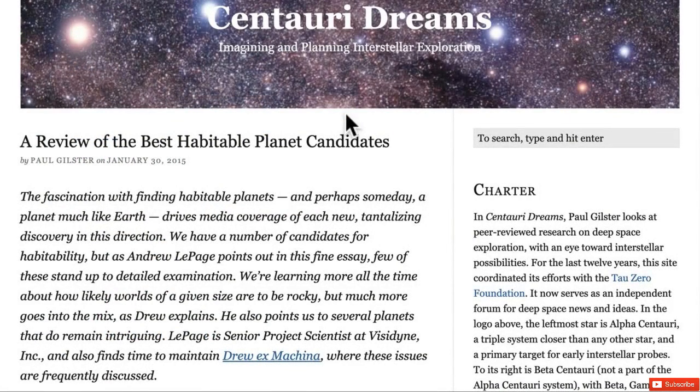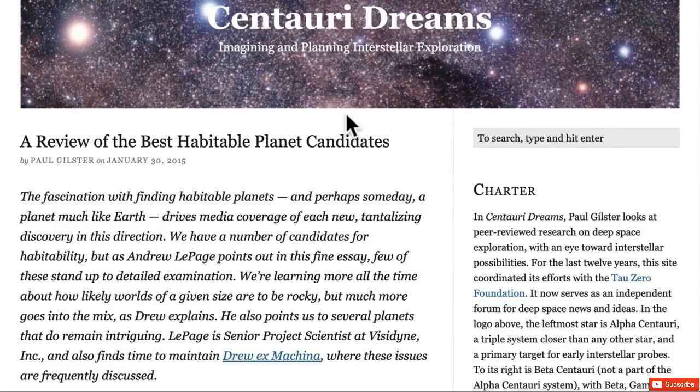A review of the best available research we have on habitable planets was done in 2015, and it showed that one of the factors that makes a planet habitable is the stellar flux, which is a measure of the amount of light that the planet gets, or in other words, the amount of energy it gets from its sun compared